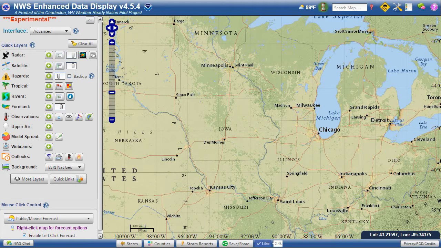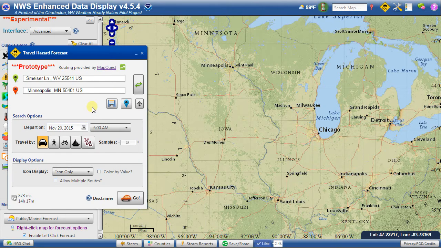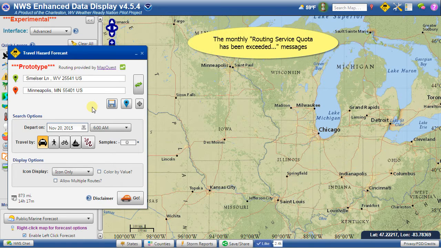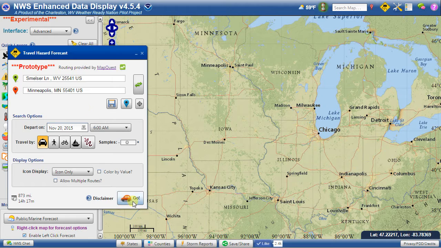With ED version 4.5.4, there's a few changes that went into the travel hazard forecast to try to alleviate some of the error messages that we used to receive when the monthly quota was exceeded. So, typically you right-click on the map and set a start and end point. And in this case, I already put some data in here before